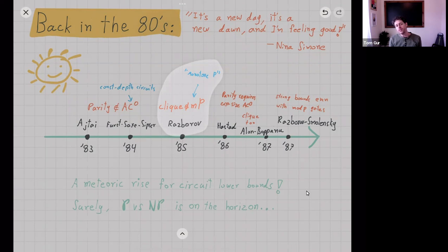You can consider these circuits which don't have NOT gates, and therefore, if they accept a string X, then they accept any string in which you flip more bits to ones. So there is this natural correspondence between two notions, and a priori it could have been the case that really,